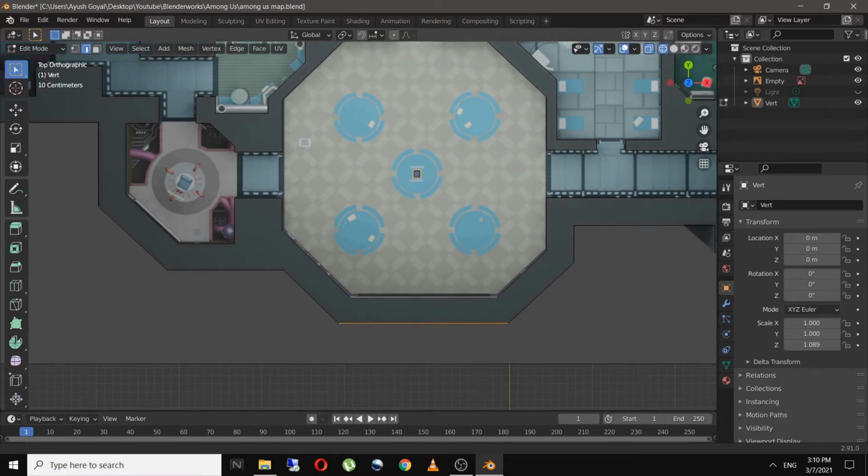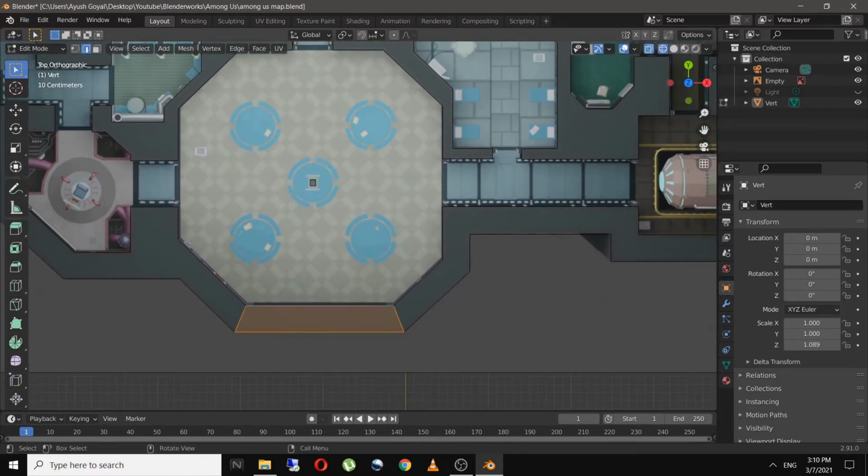Once I'm done with the vertices, I will fill the faces before extruding it on Z-axis.